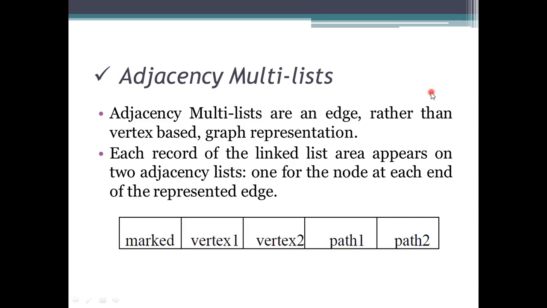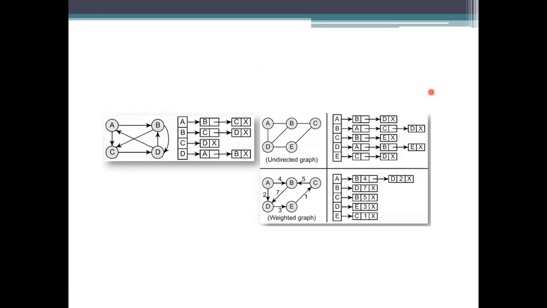If I choose this one, this is the link from A to D. So from A to D, vertex 1 will be A and vertex 2 will be D. Here I need to specify the other links also.